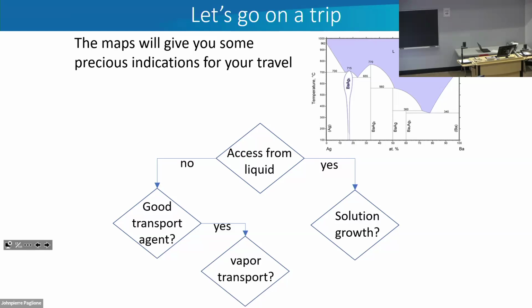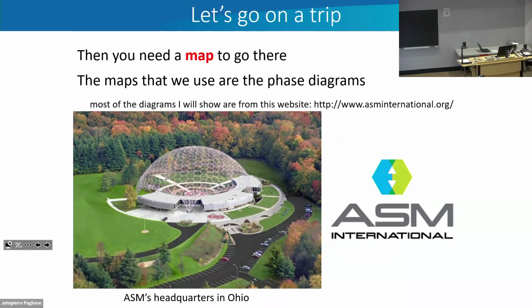A lot of people are going to tell you that it's black magic. There are some parameters we don't control, but there are a lot of things that we can gather scientifically by reading the binary or the ternary compositional phase diagrams, right? And so I'm going to be able to go fast because Ryan already introduced how to read them,